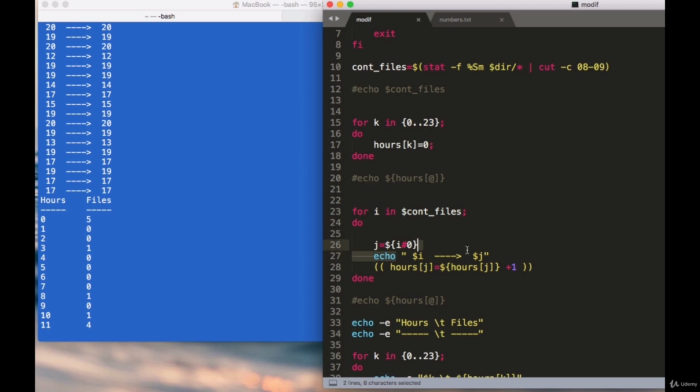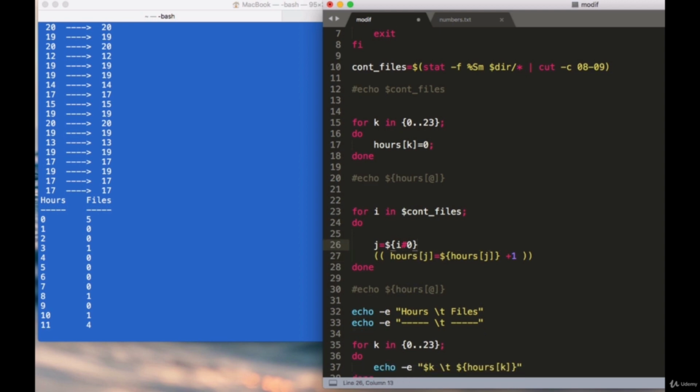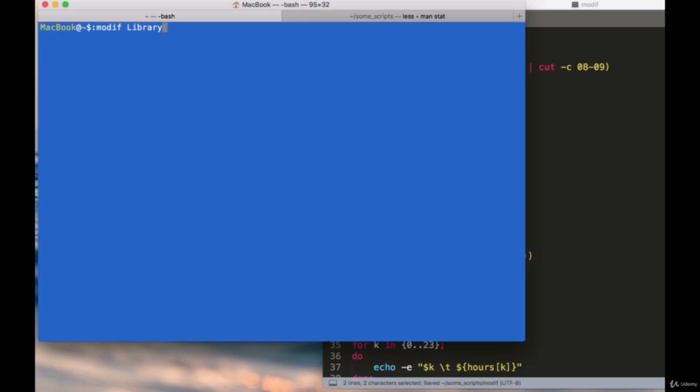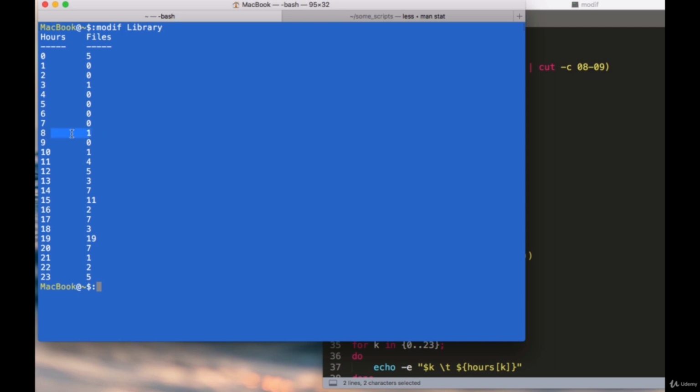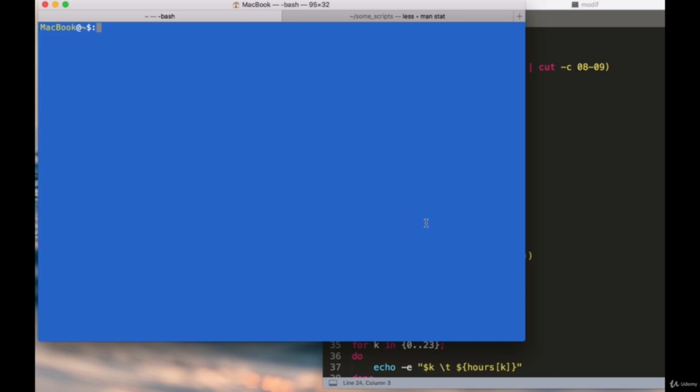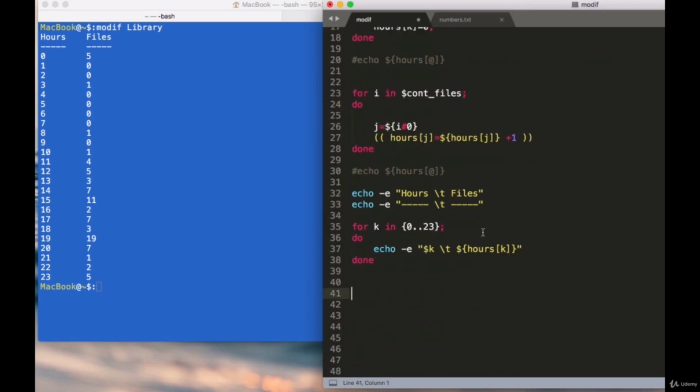Let me take this out because everything is working fine now. Let me save and run this again like so, and we don't get any error, and we have that here, for example, at 8 we have 1 instance. So very well, we have our program, and the last thing that I wanna do is to show the result